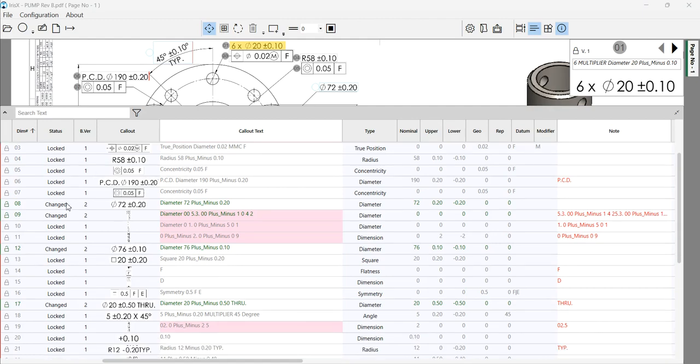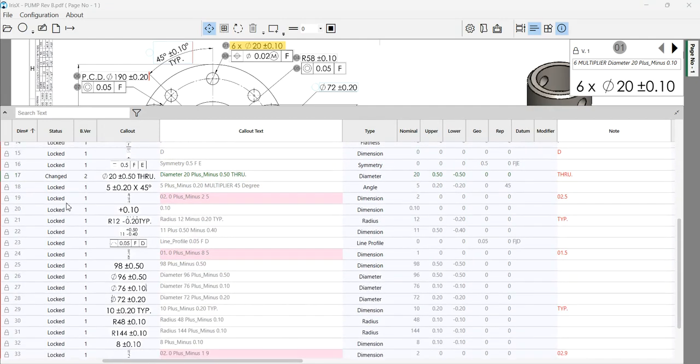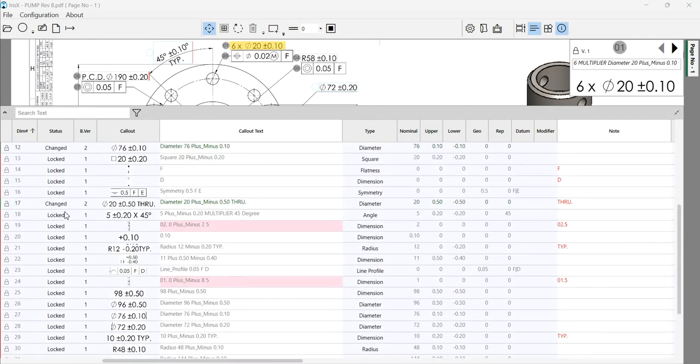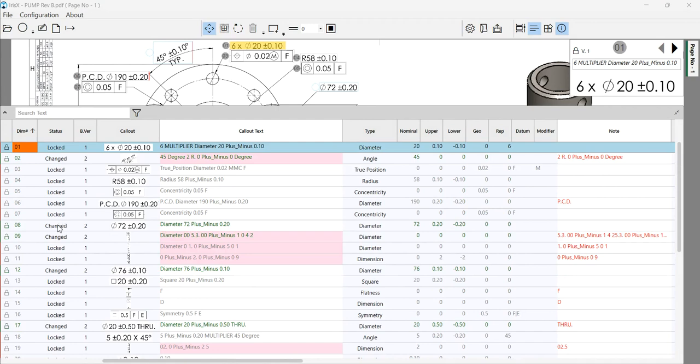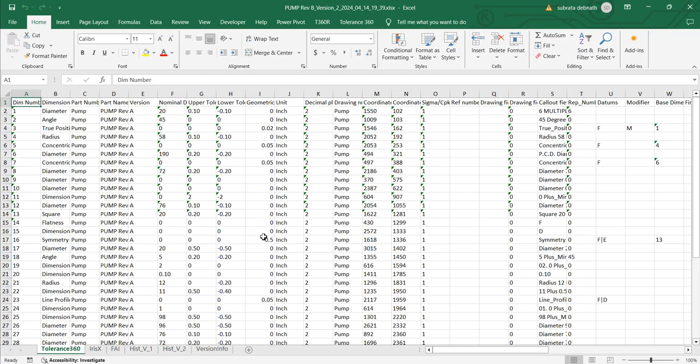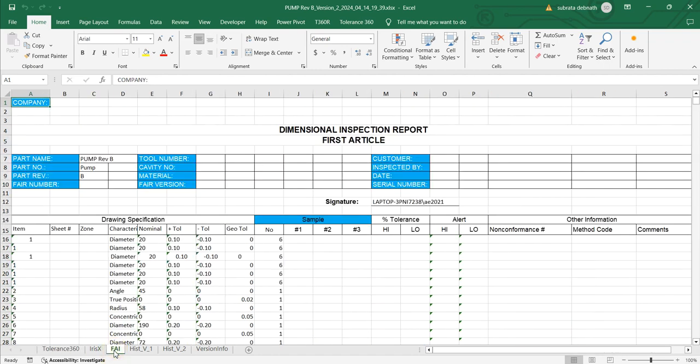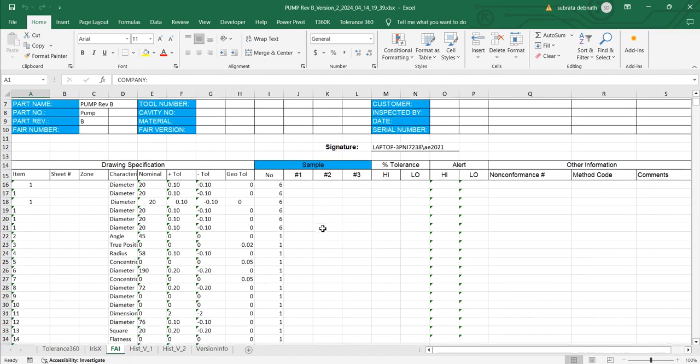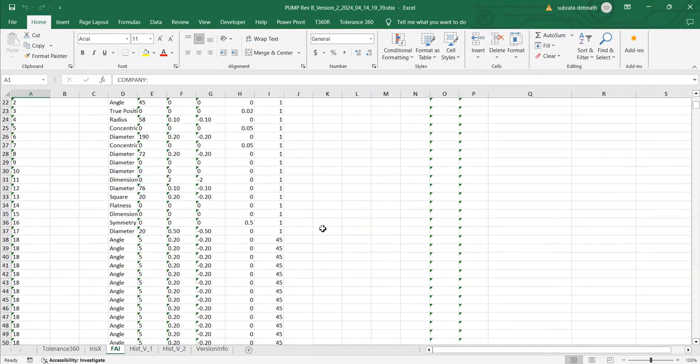Furthermore, IrisX enhances your workflow by providing the capability to export these insights into Excel format. This functionality allows seamless integration with other software tools, such as Tolerance 360, facilitating a cohesive and interconnected toolkit for your projects. Join us as we demonstrate how IrisX can make handling CAD drawings more efficient, accurate, and integrated within